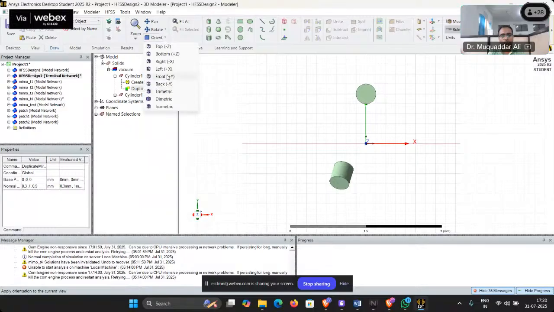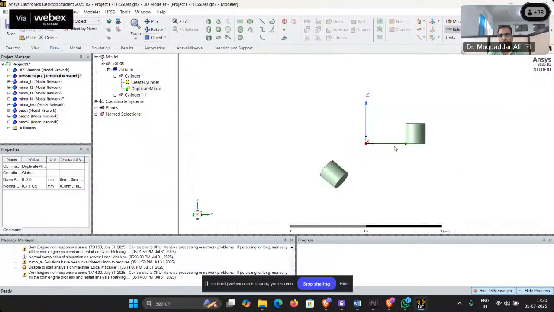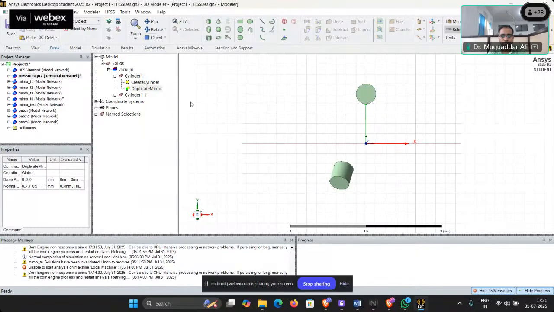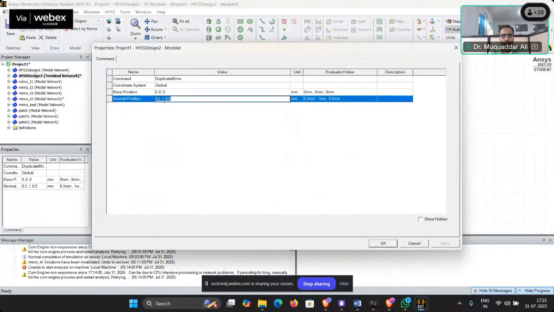And go to the right part. Okay. So like this, you can control the placement of the mirror. Sorry, the rotation of the mirror. We have just changed the normal direction. Then the mirror is changing. Okay. Now,